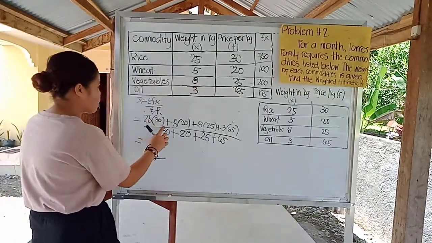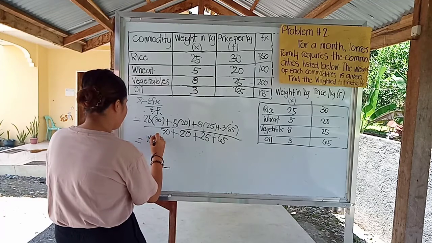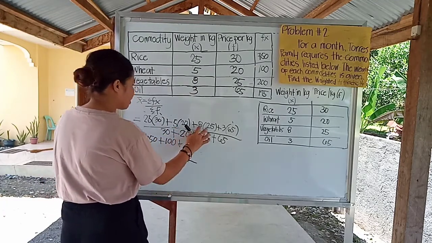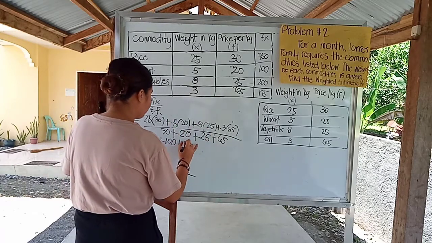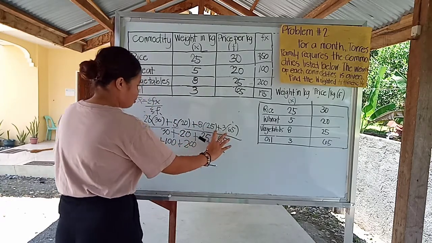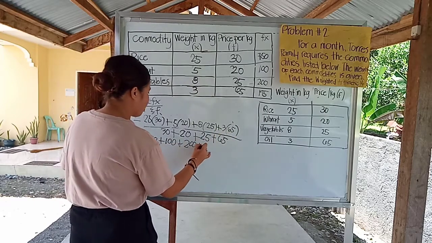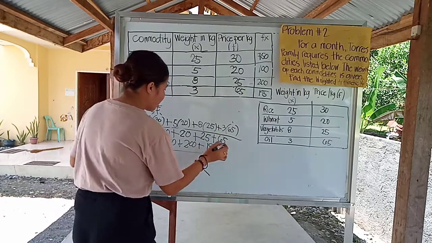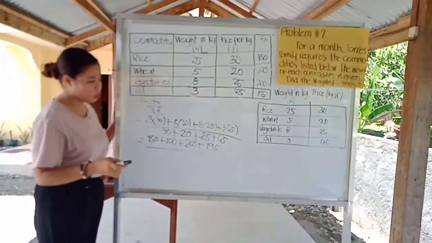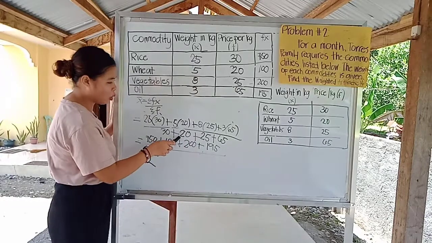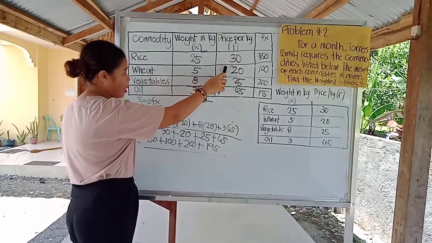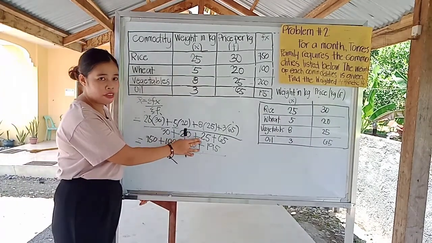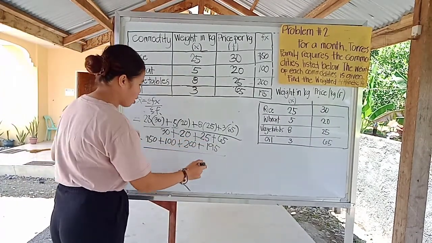So 25 times 30 is equal to 750 plus 5 times 20 is equal to 100 plus 8 times 25 is equal to 200 and 3 times 65 is equal to 195. So the next step is we are going to add all the denominators here, our price per kilogram. So 30 plus 20 plus 25 plus 65 is equal to